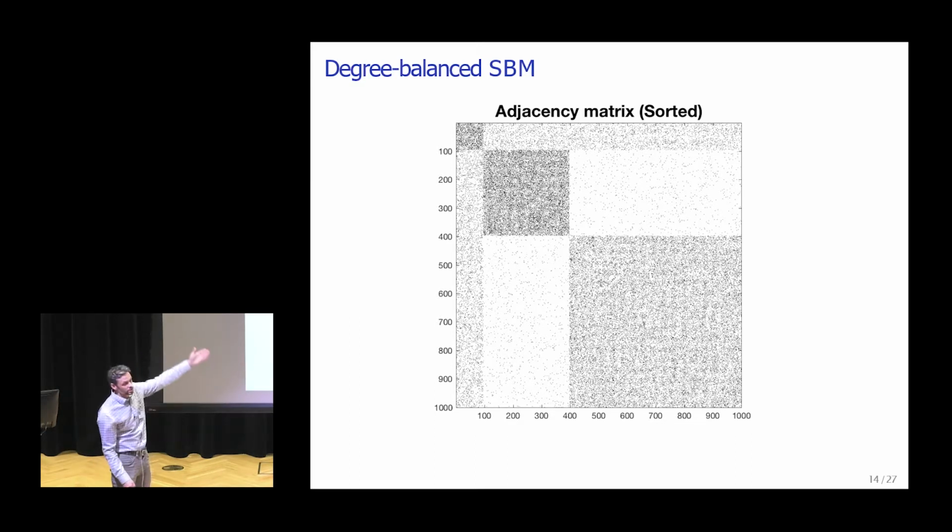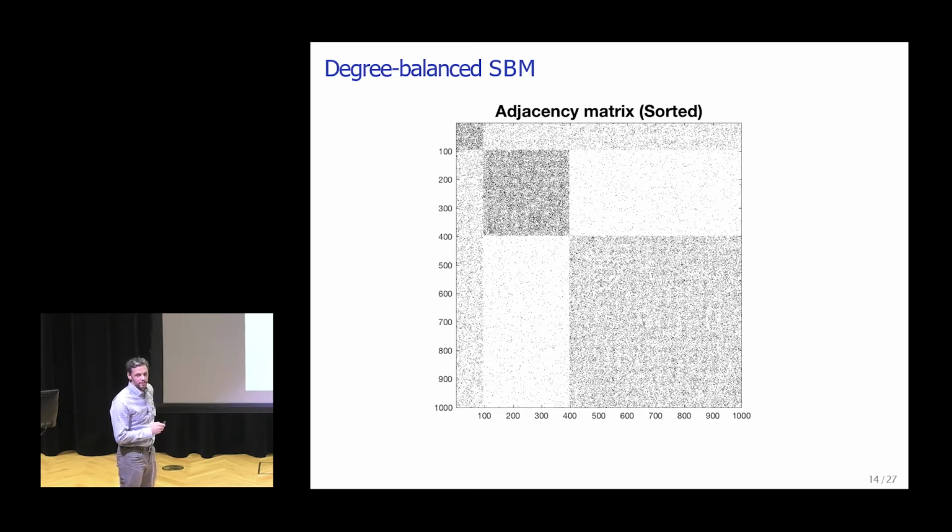So there's no longer the assumption that the sizes of the communities are the same. And also, there's no longer the assumption that we have only a single interaction within and between communities. So here, every between-community pair gets a different potential interaction. The only constraint here is that we're degree balanced. And what that means is that each row, so each row corresponds to an individual, has the same expected degree. And the reason it's degree balanced is if you're not degree balanced, it turns out to be really easy to find communities just by looking at the degrees. So we're going to say there's no information just in the degree. You're going to have to go a bit further. Okay? So this is a more general class of stochastic block models.